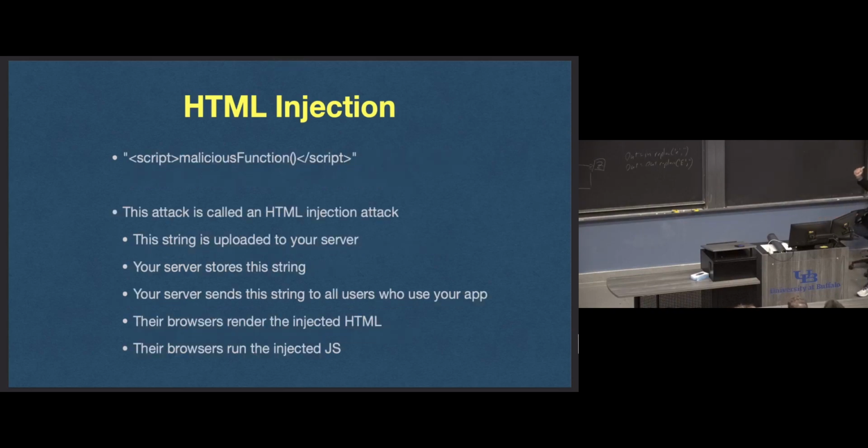This malicious user sends this in chat. Your app does its thing, listens for that at that endpoint for the post request, takes that chat message, stores it in the database, and says, thanks for your chat message. And then another user comes along, visits your page, sends a GET request for all the chat history. You go to your database, you grab all the chat history, including this malicious string, send it to that user, who renders that on their front end as HTML.